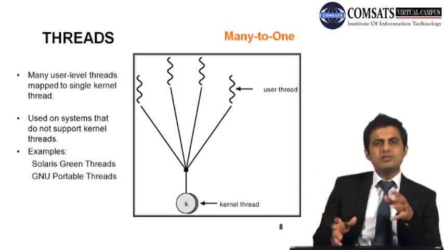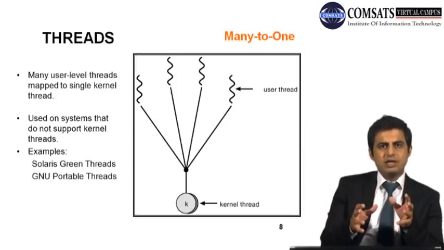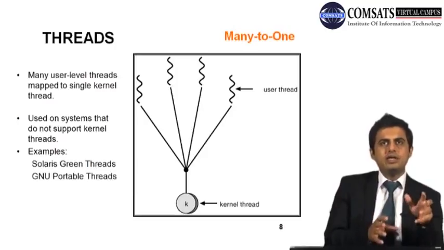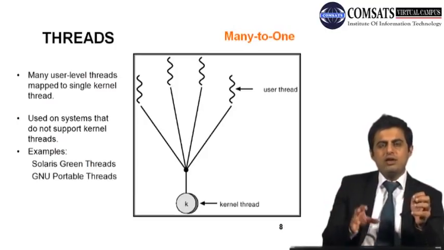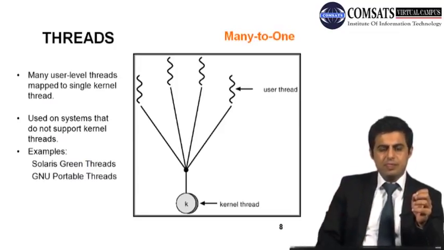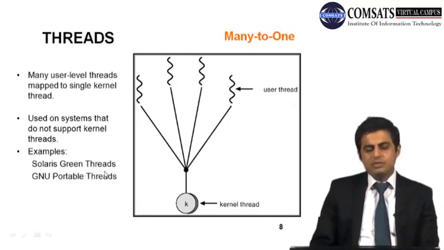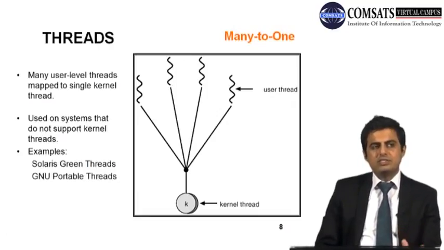But of course user has also got some control on these threads because user is the one who is initiating it, user is the one who is coding these threads. So user can allot different kind of resources to these threads, user can change their behavior. ٹھیک ہے، اور اسی طرح اگر آپ دیکھیں کہ used on systems that do not support kernel threads, example Solaris green threads and GNU portable threads. تو یہ وہاں پر ہوتا ہے جب kernel threads کی support نہیں ہوتی۔